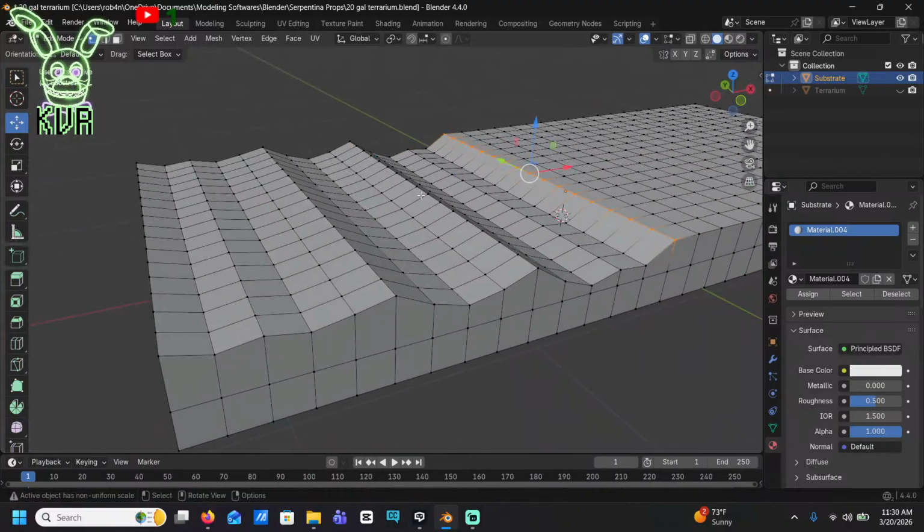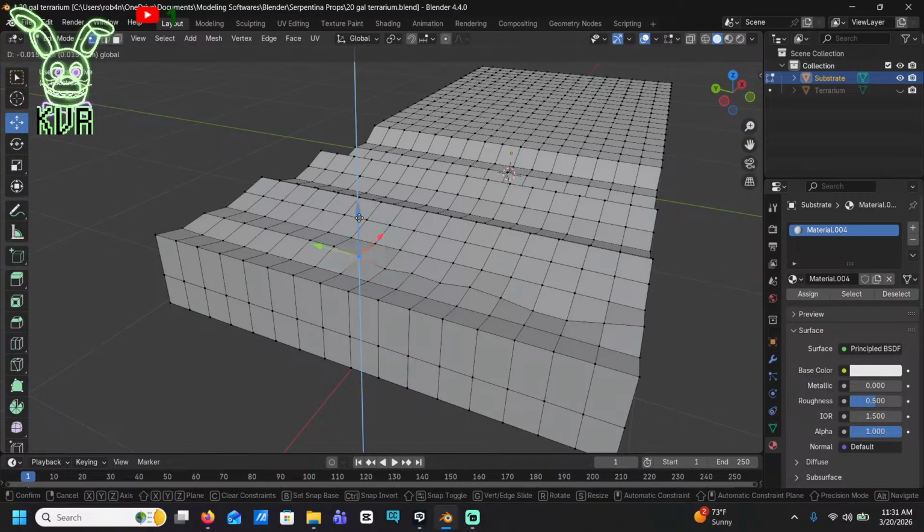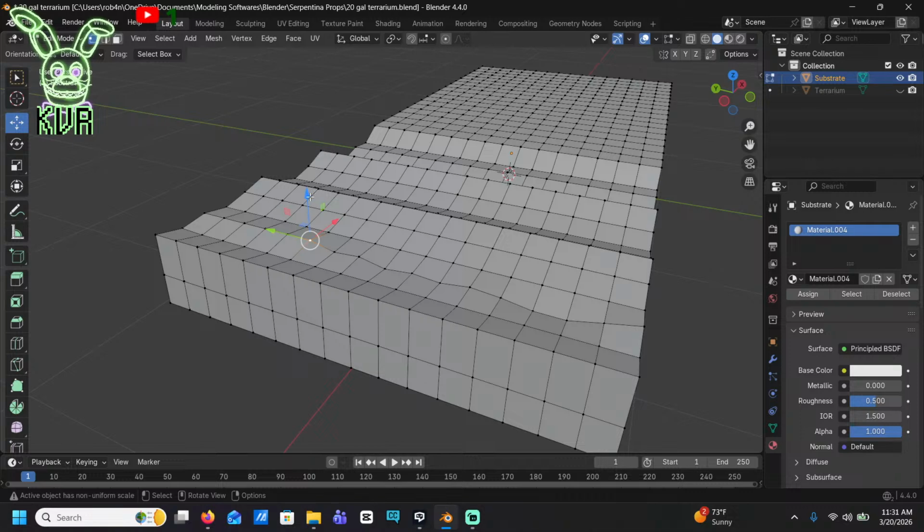I'm just gonna work on this side for a second, but I basically have a new plan. I'm just gonna go straight down like this. It'll be fine. As long as it's not smooth is all I actually needed out of this. I'm not doing all of that. It's gonna be a pain. We're not doing that today.